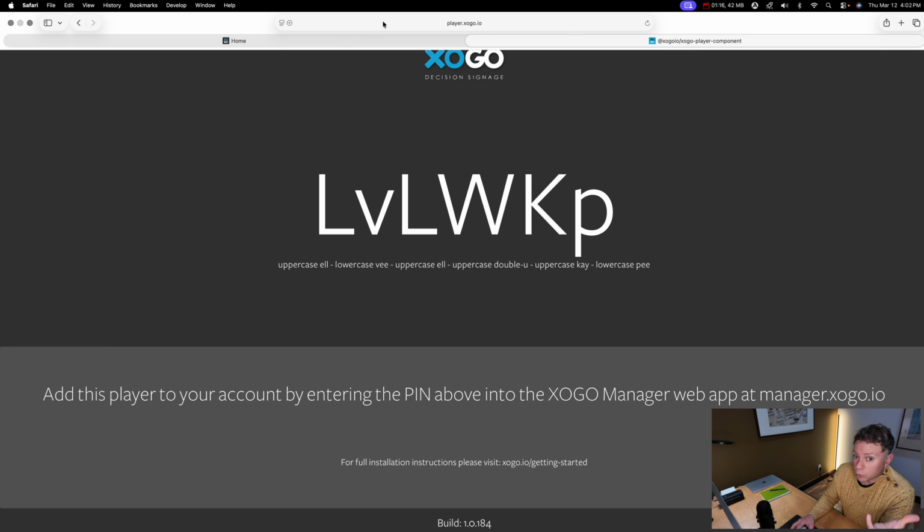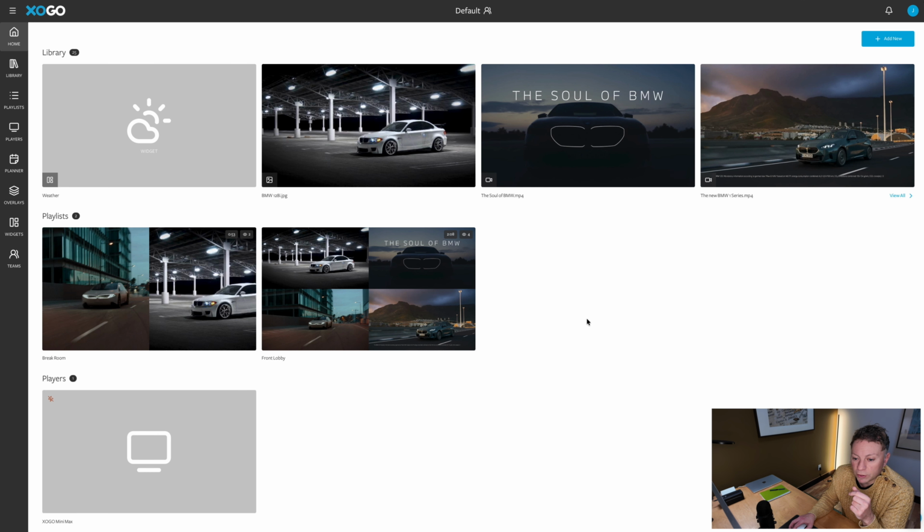Of course, XOGO Player comes pre-installed on your XOGO Mini Macs. It's also available for many other platforms, from LG commercial displays to Windows PCs, Fire Sticks, Chrome devices, iOS devices. We run on pretty much everything, but for purposes of this demo or tutorial, I'll just run XOGO Player here in a web browser. And we're going to come back to the player, but first, let's go into XOGO Manager,